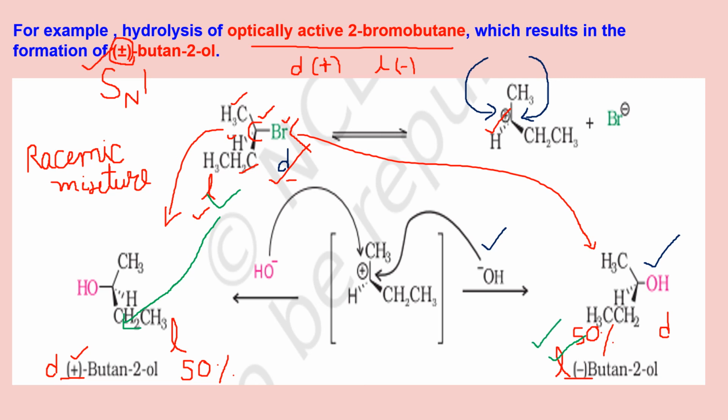So we cannot say that it's only in SN2 mechanism that there is inversion. In SN1 also there are chances of inversion, and it depends on the orientation, from which side it is by chance attacking. When you imagine this reaction taking place in a 3D model, then you can explain that there is retention as well as inversion. So that completes the SN1 and SN2 mechanism explanation.